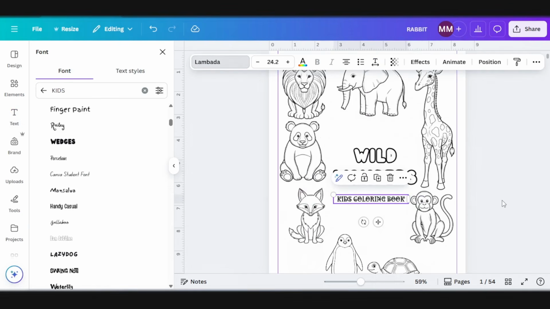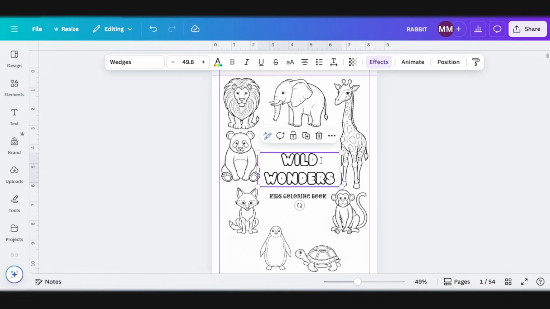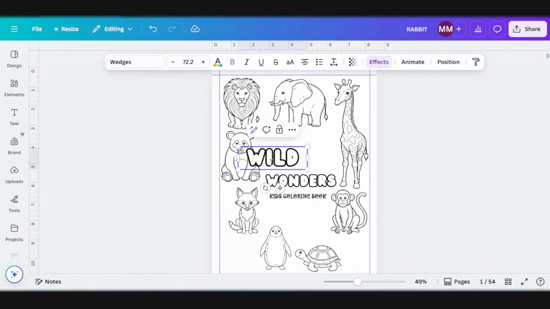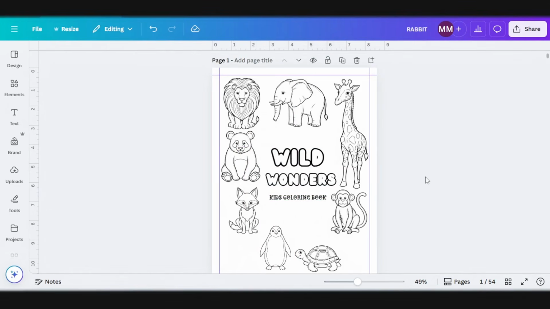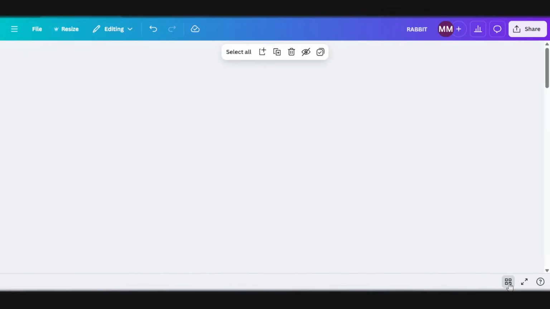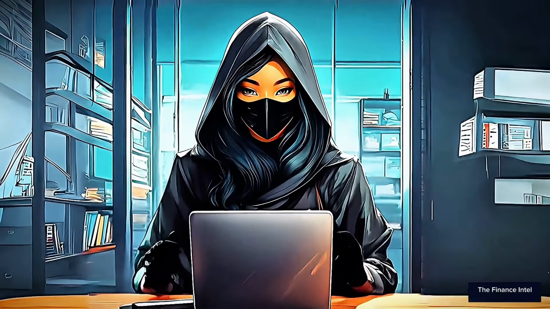This looks cute. And if you look at it overall, you can see that we are really making progress in terms of our design. If you want it to be a bit bolder, I'm just going to go ahead and duplicate this. And this is where I'm going to put wild. So I can make this bolder, put it to the middle here, bring this one down a little bit. And you can see this is looking cute. So now that we've done this particular page, which is the first page of the interior pages, and we have done every other part, you can see how it looks. Now, once we're done with the interior pages, just like so, next thing is we want to do the cover